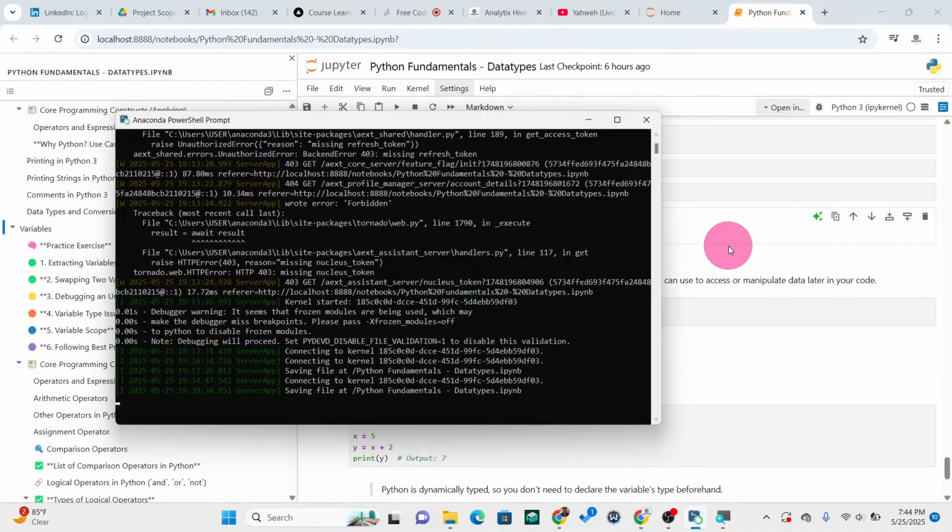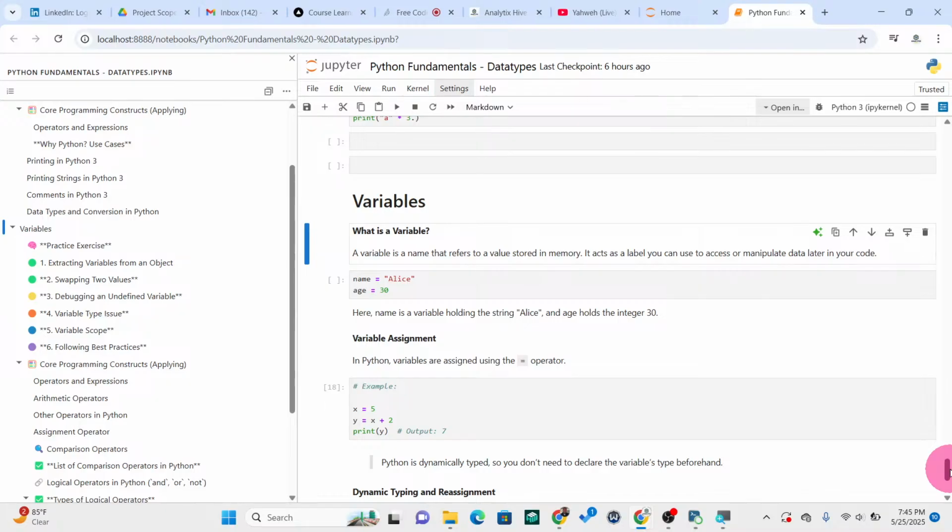So for today's class, we are going to quickly brush through data types. I think we covered that in the previous class, but we'll just quickly do that again. Then we now move on to variables. So we recall that data type is like, so before I proceed,